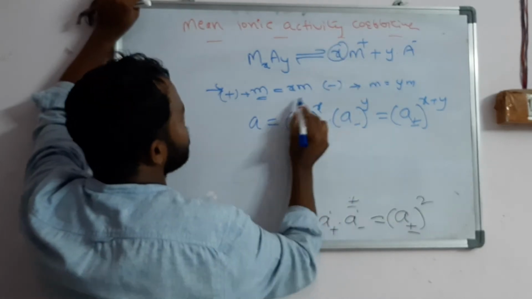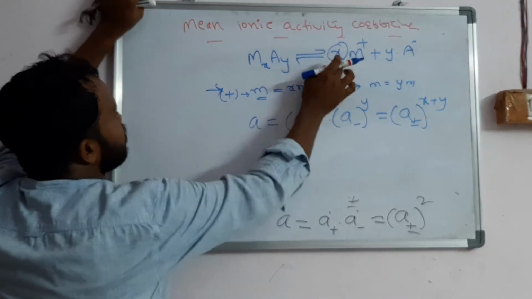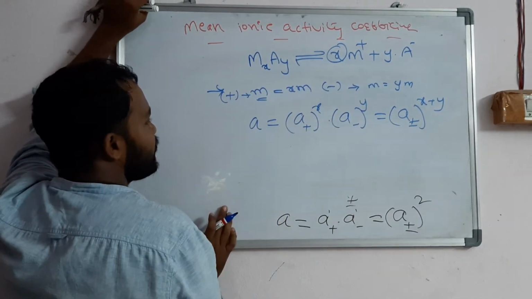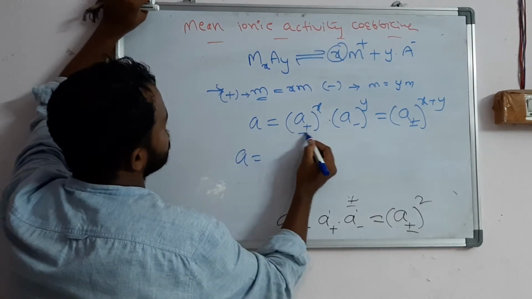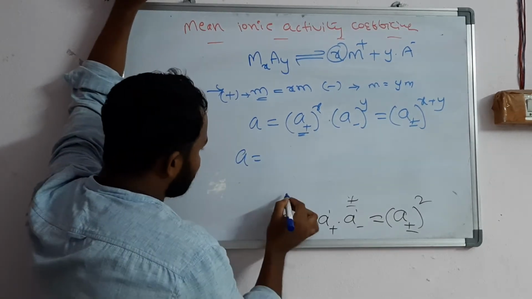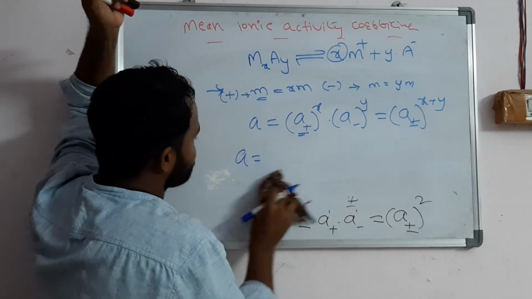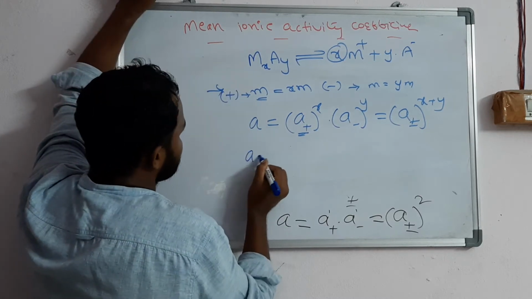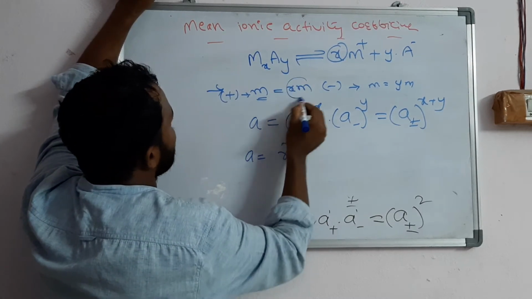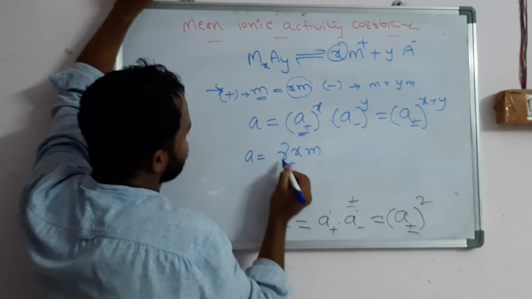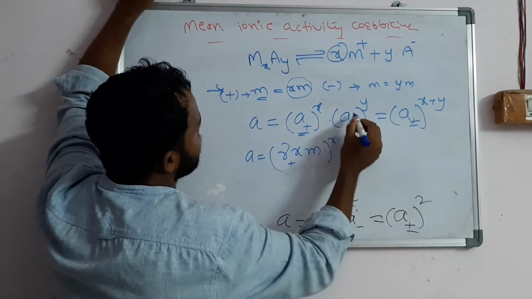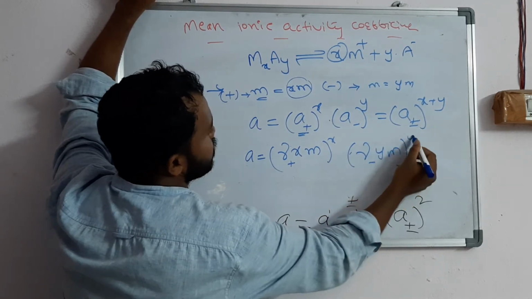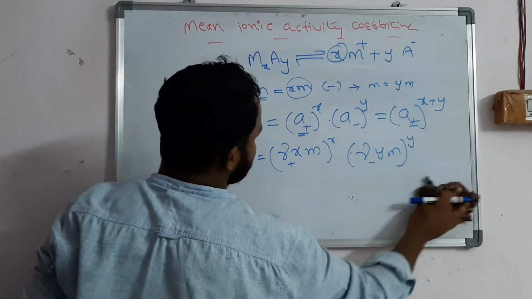Whenever X is there, that should be its power, like this power 1. In the previous equation, where X and Y are 1 into 1, we are not going to write it, but here we are writing X and Y. Already I told you, substitute A plus means gamma M. A is equal to gamma into M. So M is, I told you, X into M you should take for cation, power X. For anion, same, gamma into Y into M, power Y. That is what you will get.